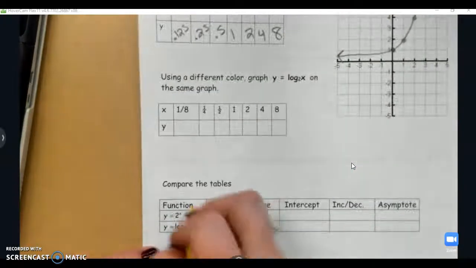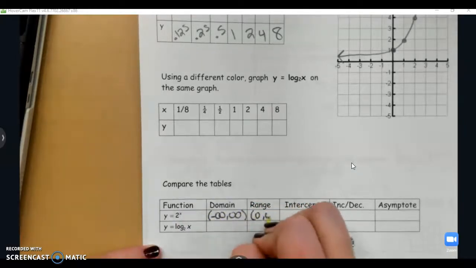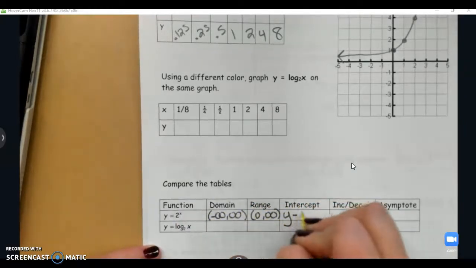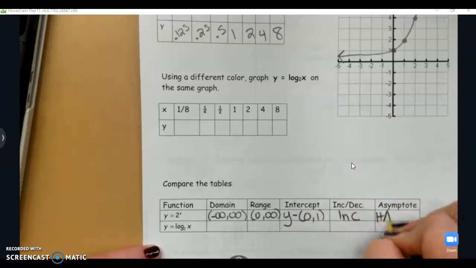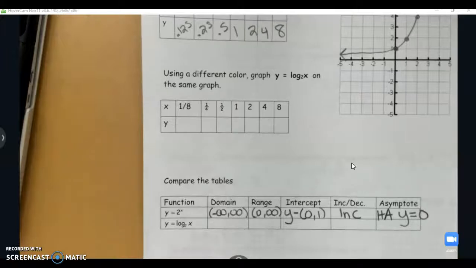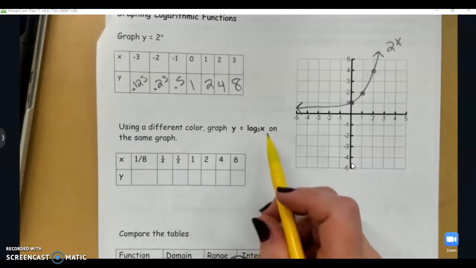And if you recall the features of that graph, our domain is all real numbers, our range is all positive numbers, we have a y-intercept at (0, 1), it's an increasing function, and we have a horizontal asymptote at y equals 0. Okay. Now, if I want to look at the graph and compare for log base 2 of x,